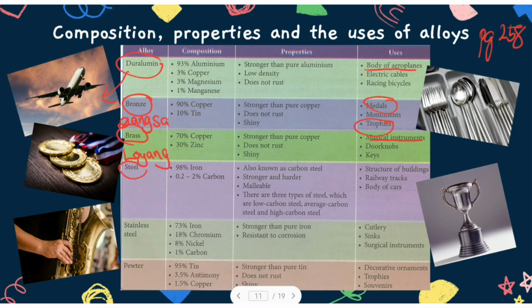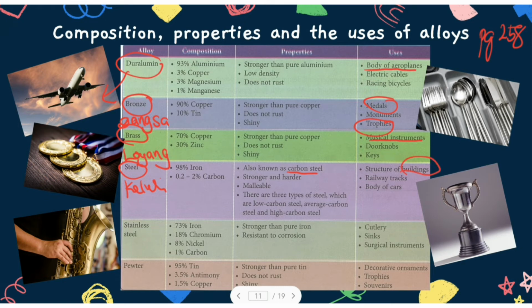Steel, keluli. 98% of iron, less than 2% of carbon, also known as carbon steel. Stronger and harder. 3 types of steel, which are low carbon steel, average carbon steel, and high carbon steel. Usually are used to make a structure of building,